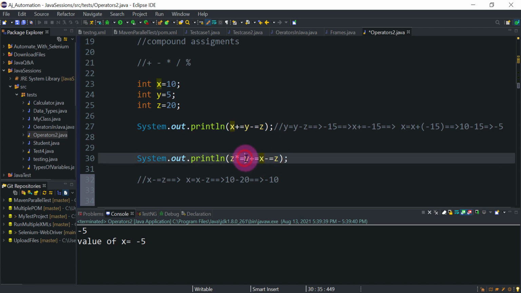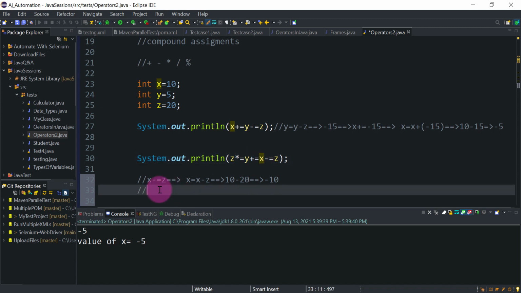So the next expression is y plus equal to whatever value of this expression. So y plus equal to the expression value, which is minus 10. So this will be calculated like this: y equal to y plus the expression value, that is minus 10.